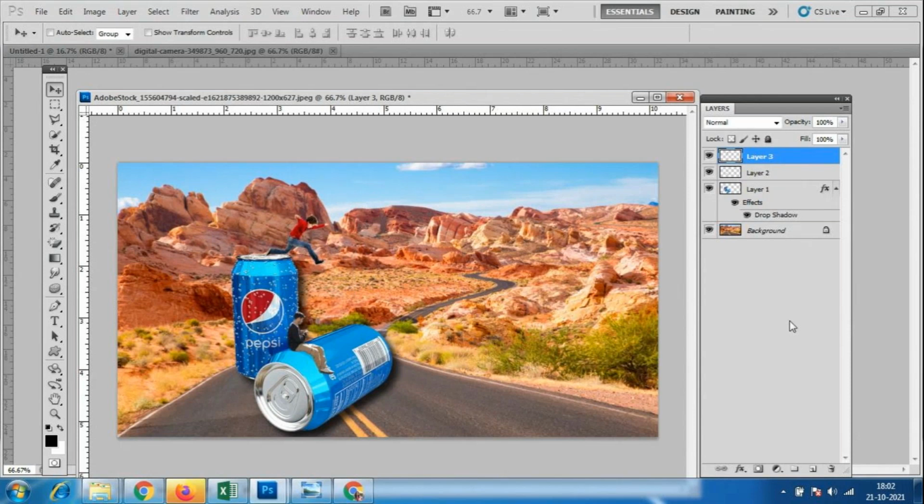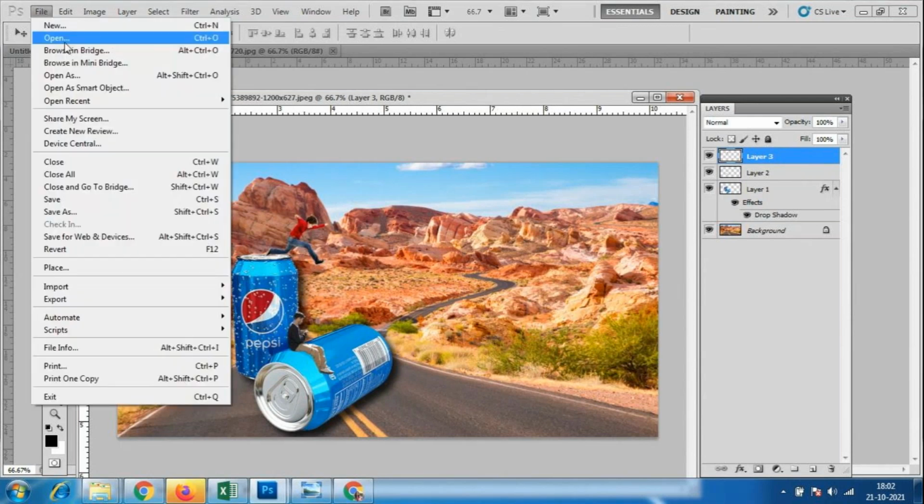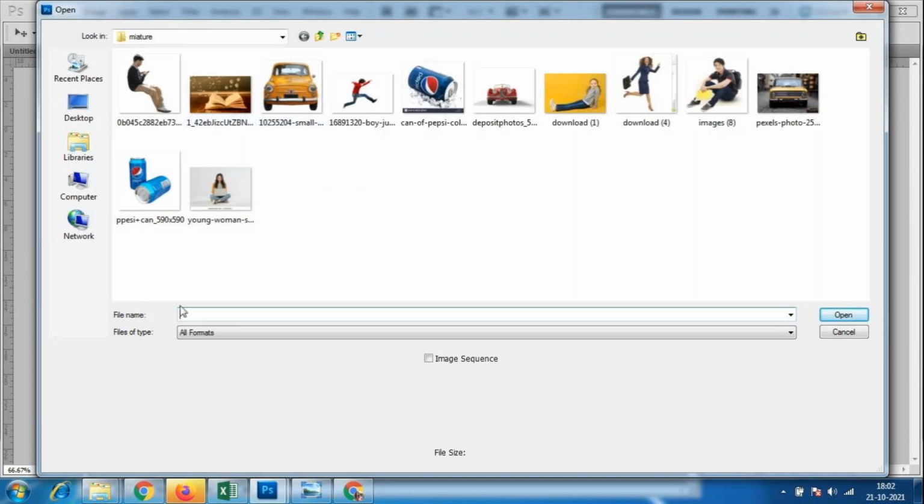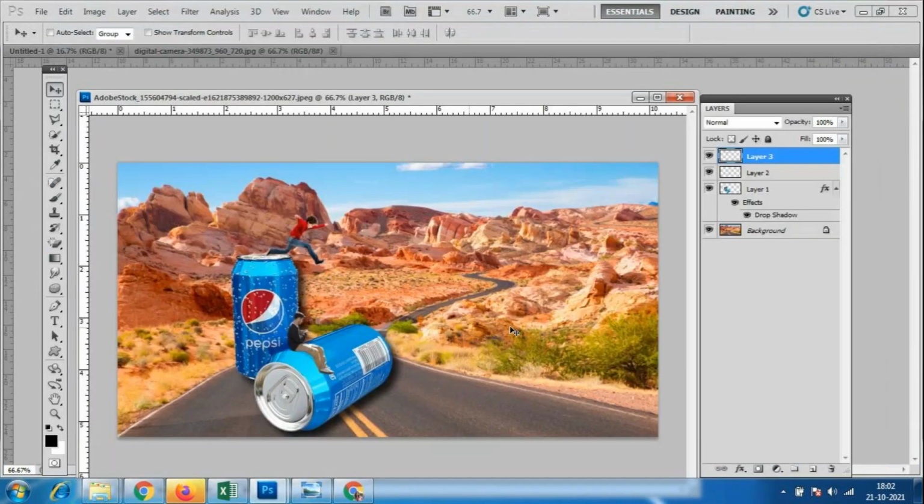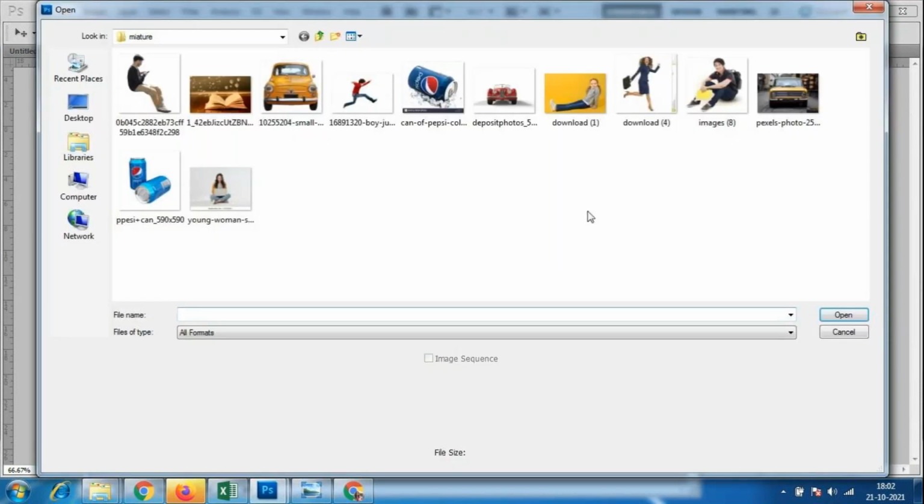This is a totally different thing, a different word. I have some miniature works here. And I will take some other image. Suppose I take this car.